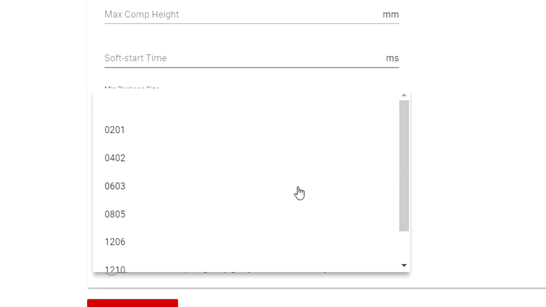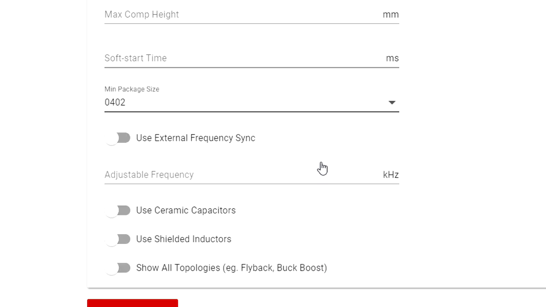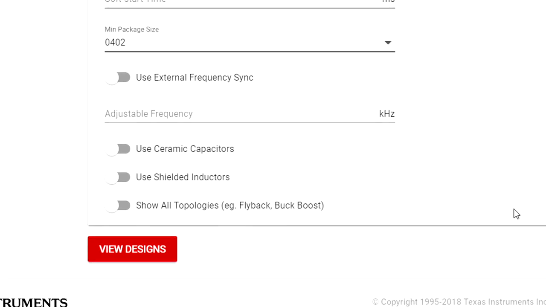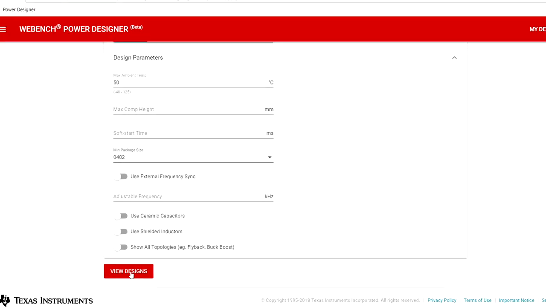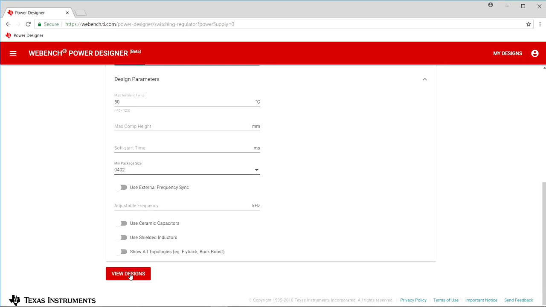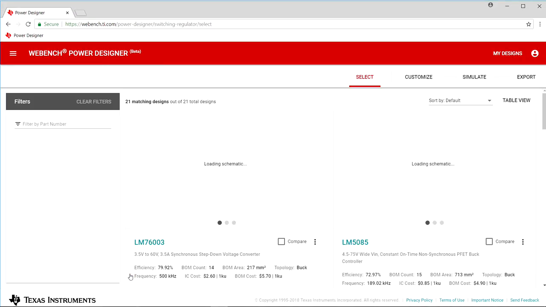So if you don't want to work below 0603, or I sure don't want to go below 0402s, can barely see them and sure can't rework them, you have that ability. You can select to only use parts that provide an external sink and other options. And I urge you to look at the options and work with them. We just simply won't have time today. And at this point, click View Designs.